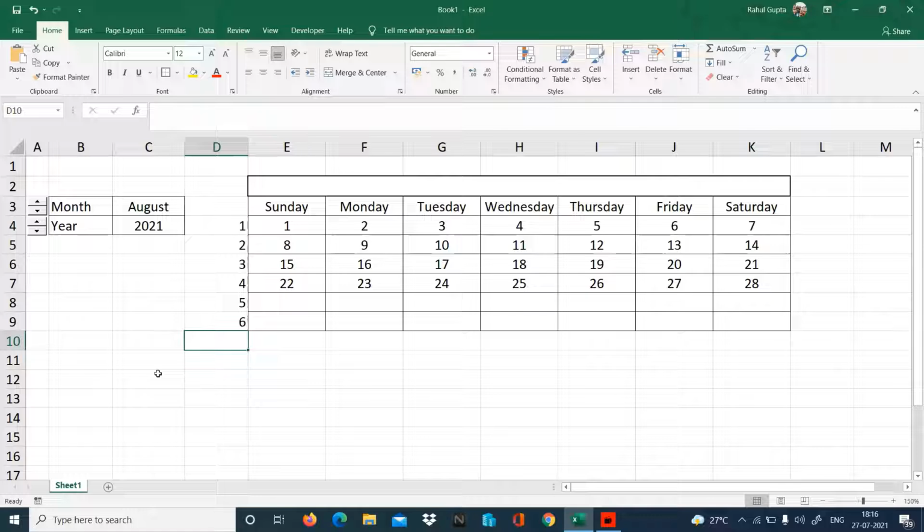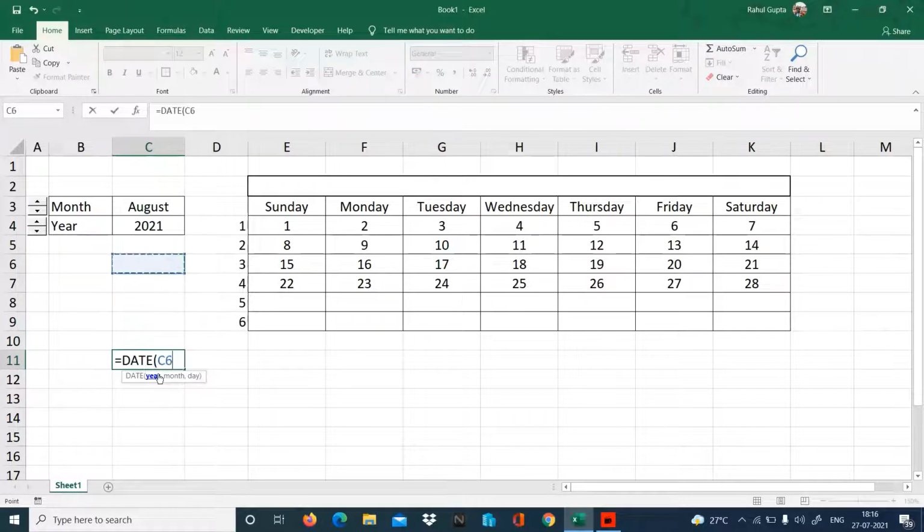Now let's again check. I need to know what's the last day of the month. Not the date, the day of the month. Date we know, it's the EOMONTH function we can use. So can I get the day of the month? Let's see. For that again I need to make a date. That's my year. Month is in A3 because that's a numeric month we have to take. We cannot take January, February, March as names. 1. And here we have to get EOMONTH of this. Sorry. Comma, 0 for the current month.